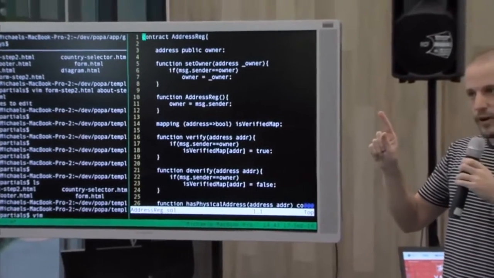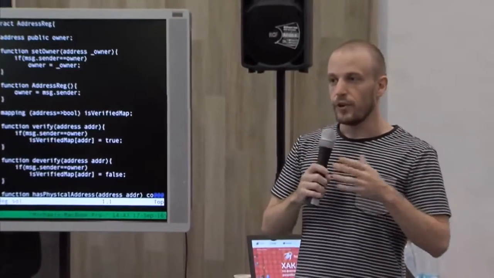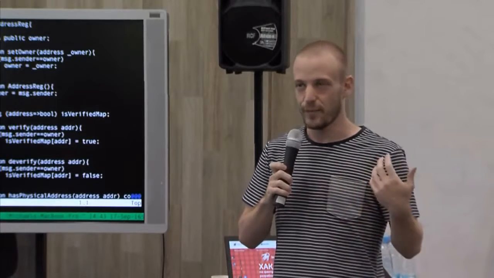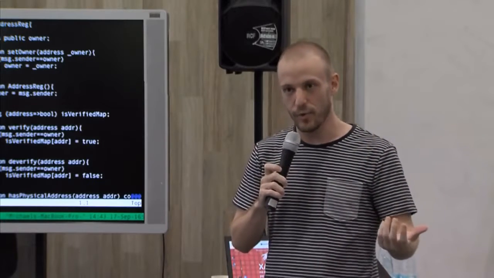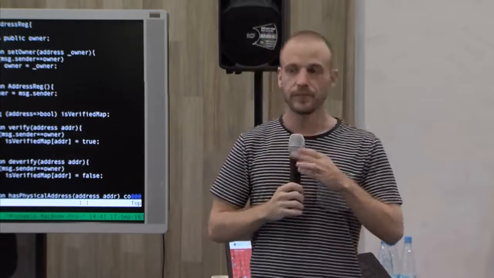What's cool about smart contracts relative to an API that gets served from a server? Let's say you build your business, and as part of your business's processes, you need to make sure that a customer is a real human being and not a robot. So you call the Proof of Physical Address server and ask a question to our API and hopefully we give you an answer. But you have the same problem there that you do with Facebook money. What if we go out of business? Or what if the power goes out at our data center and our server goes offline? So you can't really trust servers 100% of the time.